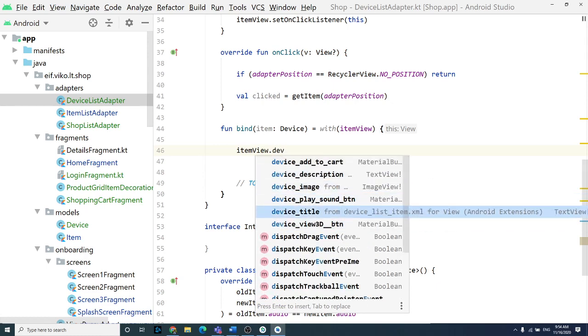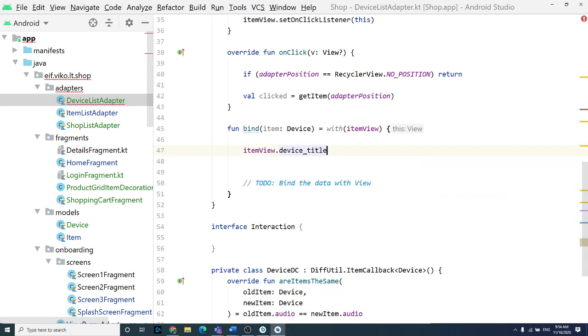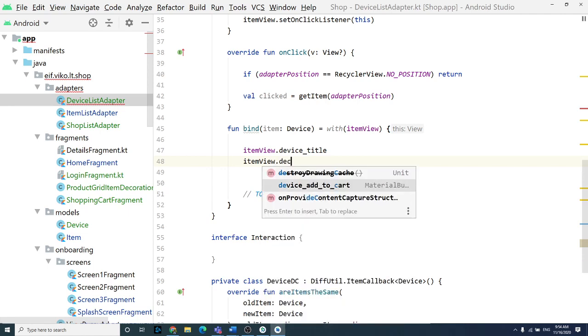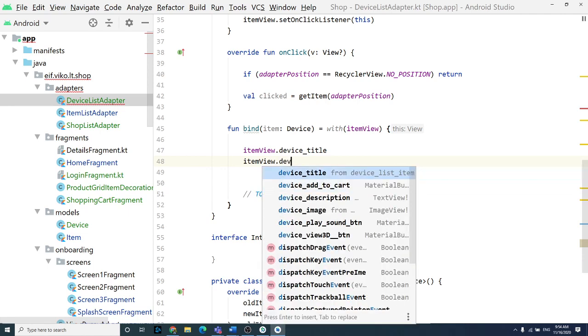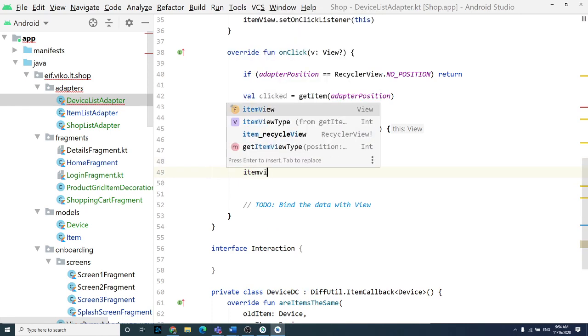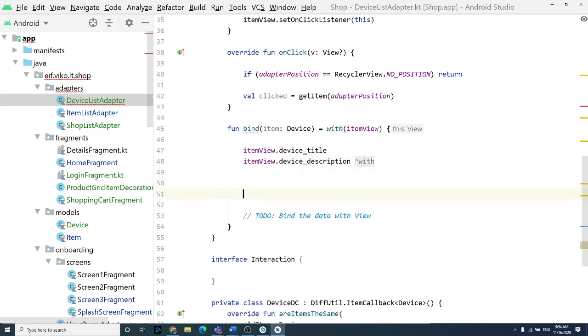For example, device title, item view, device description, item view, and of course